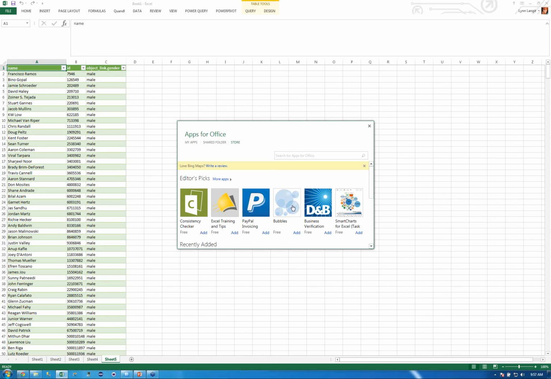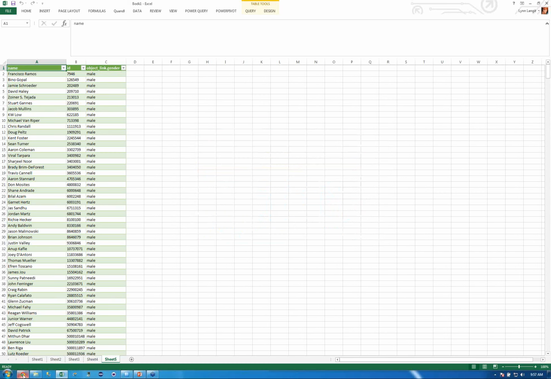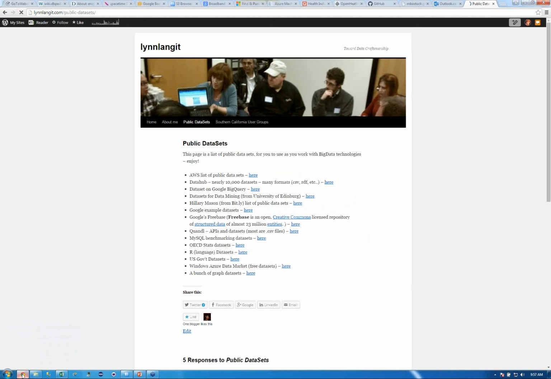A couple more questions here. One is in regards to these Excel Office apps. Will these visualizations work if you deploy them to Excel services? Don't know. I can research on that and find out, but I don't use Excel services, so don't know. Good question. Okay. And then the other one is in regards to this public and open data, do you have